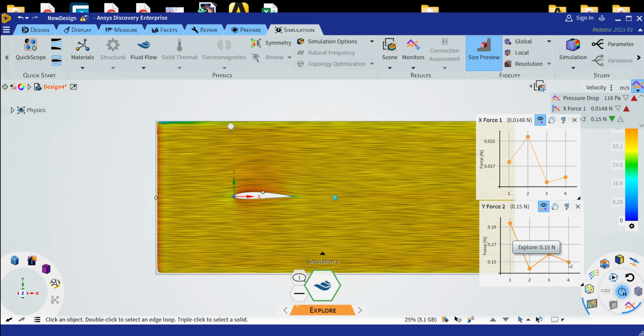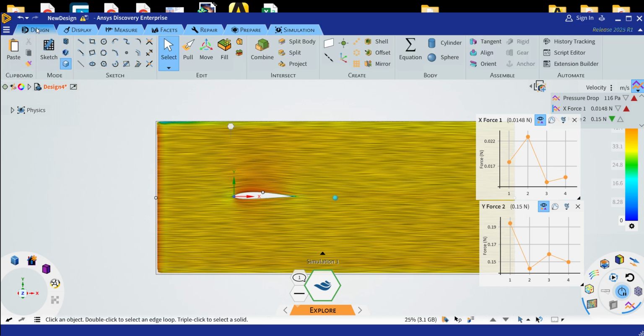Okay, 0.15 Newton for the 0 degree and 0.0148 Newton for the drag force. This is for lift, this is for drag. And you can change the angle of attack also here itself. Again, same way. You have to go to design, use this move button, select the airfoil, and